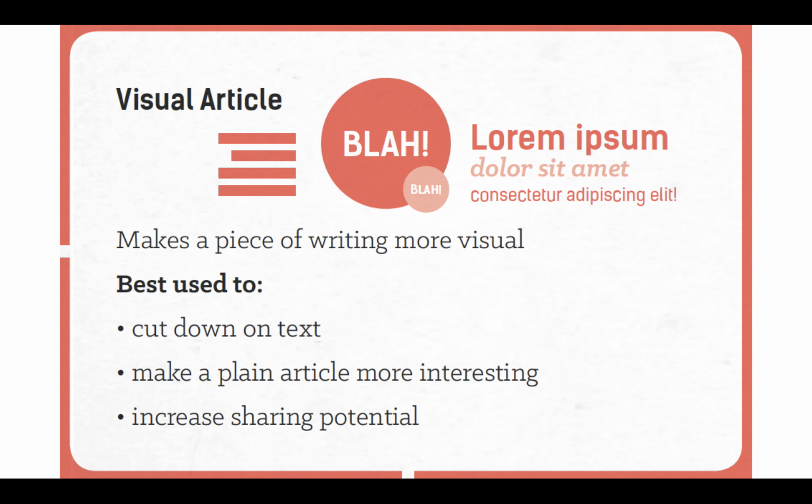It is best used to cut down on the amount of text that you have within your article. It makes a regular, plain, vanilla, really heavily text-based article more interesting, and it helps to increase the sharing potential. People might see this visual flourish and go, oh wow, that's neat, let me share it with my friends and